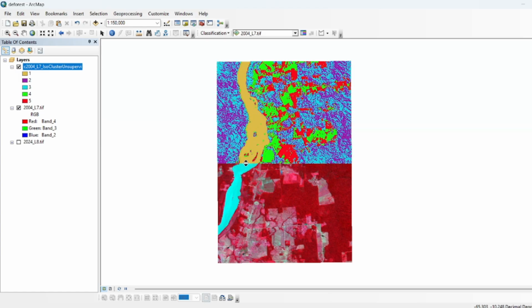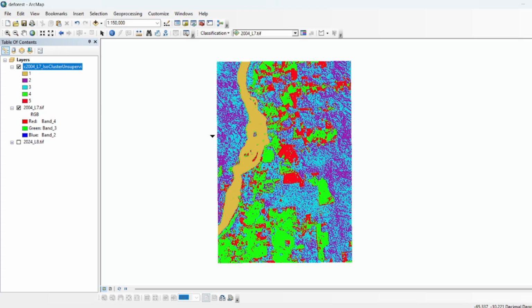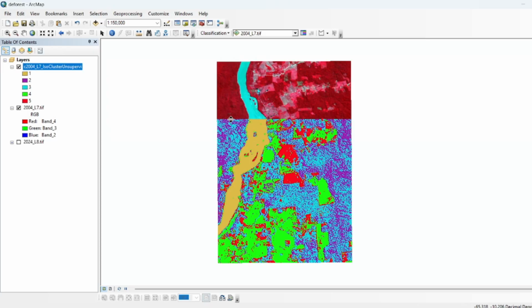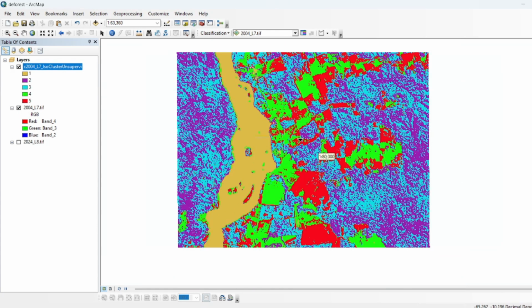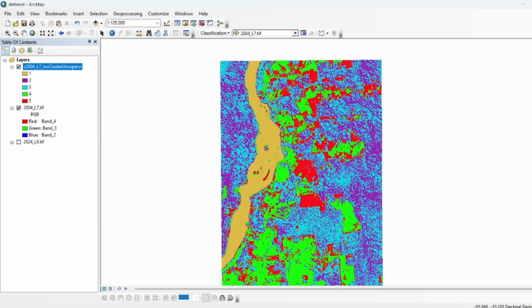So I will skip this and I will check the second class, that is purple color. Purple color second class is actually dense vegetation, and then similarly the third class is also showing that there is dense vegetation. But red and green classes, red class is sparse vegetation or low vegetation, and green class is showing bare land. So what I will do, I will again open this search tool and I will search for a